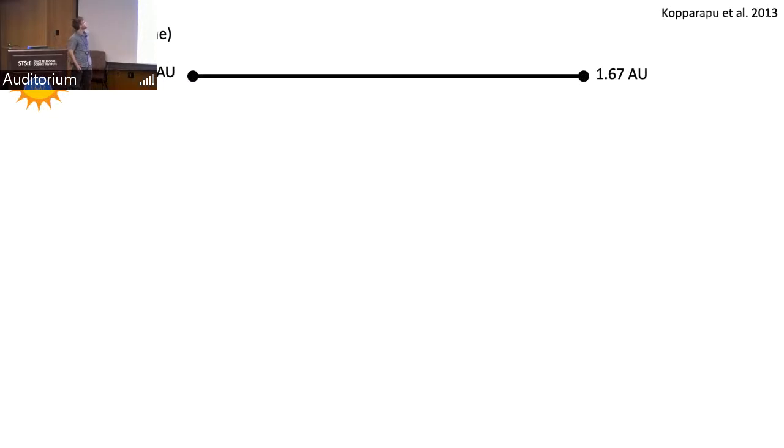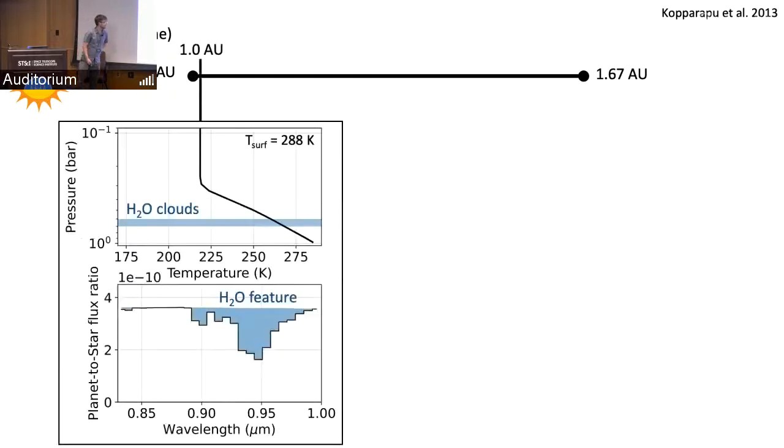The second point that I want to make about the detectability of water vapor has to do with the habitable zone, or the light on water zone, as Kevin Zahnle calls it. Here we have the habitable zone for our sun. It's between 0.99 AU and 1.67 AU. So we can throw modern Earth in this system.